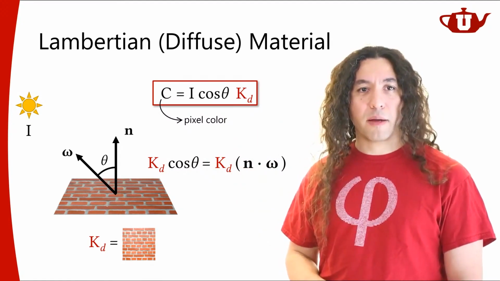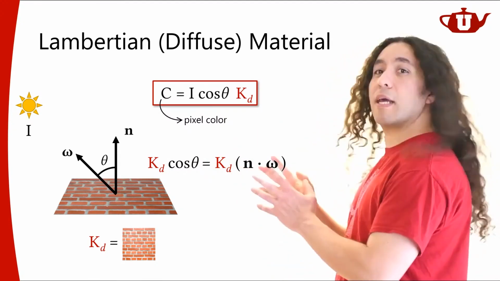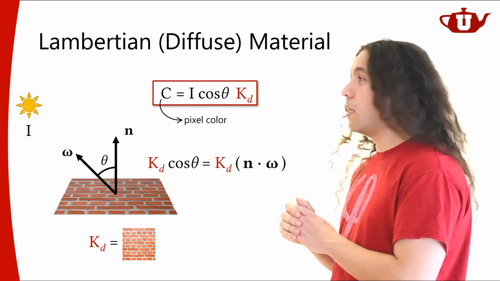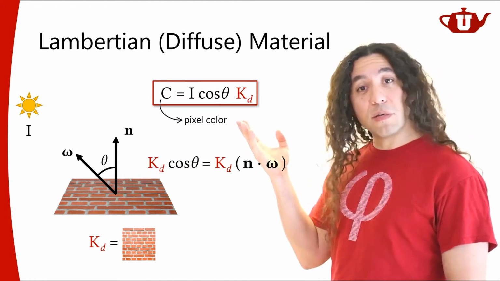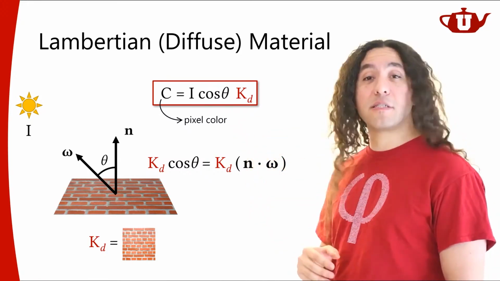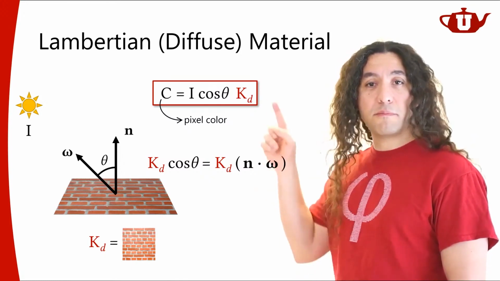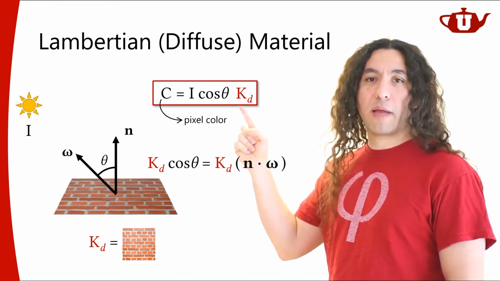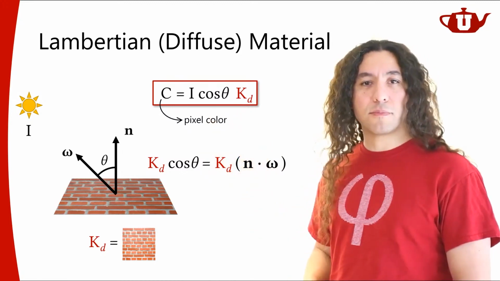All right. So when we're doing shading with a Lambertian diffuse material, this is the equation that we will be using, and we're going to get different variations of the surface color based on this equation. It's going to be purely based on the geometry term and, of course, the material property and the light source.